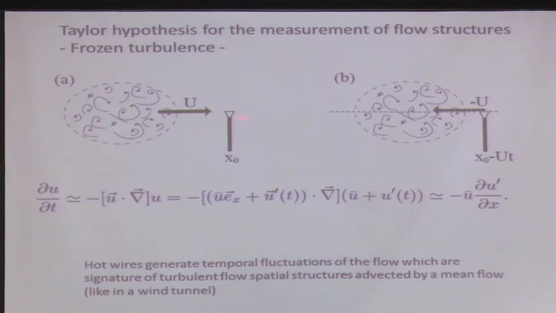And then it is passing over the probe, and then you will see all the fluctuations due to the turbulence structures. Okay, so in terms of mathematics, what you will measure at that point is du/dt, the variation in time of the velocity. We know that when the flow is very convective, dissipation is not very important, so it means that the turbulence is almost frozen and it's just moving like a solid object, passing through the probe. So we may neglect the dissipation effect.